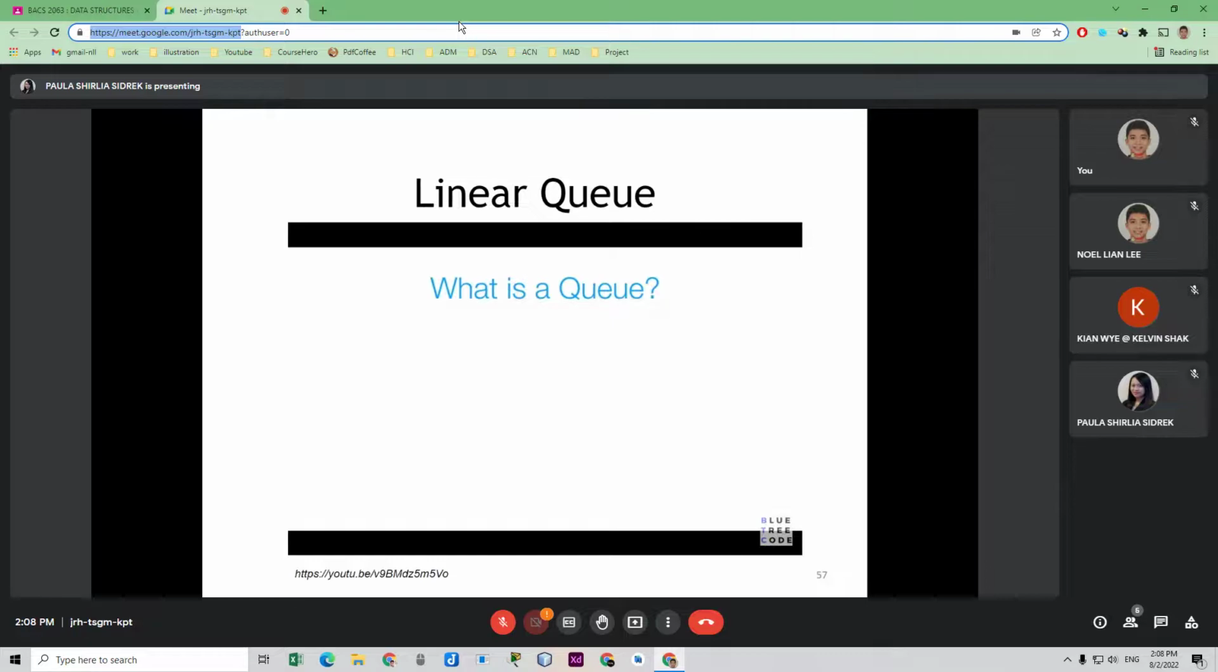So what is a queue? A queue is simply a linear data structure that supports FIFO operations. And linear means that items can be added sequentially to the queue and removed sequentially from the queue. And FIFO stands for first in, first out. And all that says is that the first element we add to our queue is the first element we remove